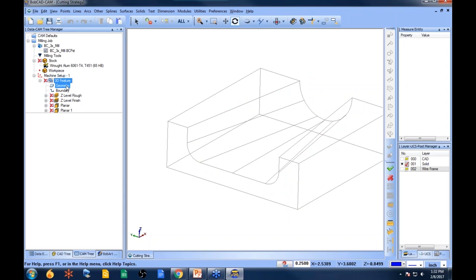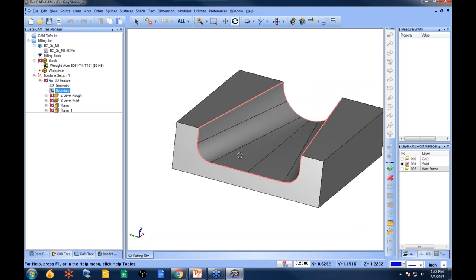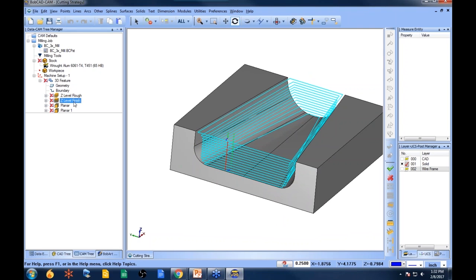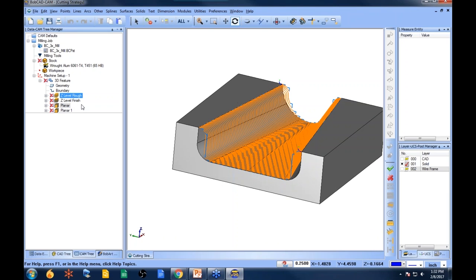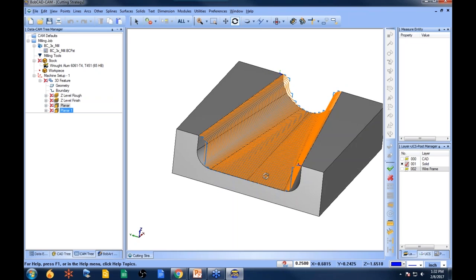So we have one feature, it's associated to geometry. We selected some surfaces that we want to apply the geometry or apply the toolpath to. We have a boundary that we're using to contain the toolpath, so it's staying inside of that area. We roughed it, we did the Z-level finish, we did the planar. So what we want to do is, we don't want the Z-level finish to go all the way down, and we don't want the planar to go all the way up. This way we can utilize those strategies the best way we can. So what we would do is